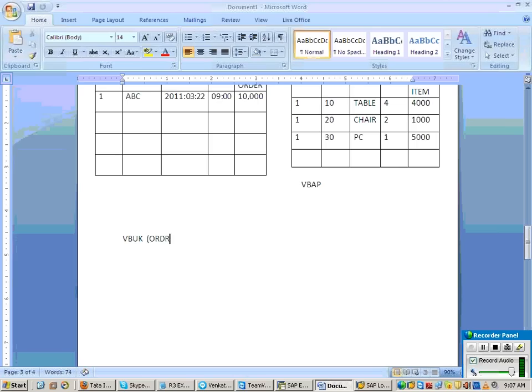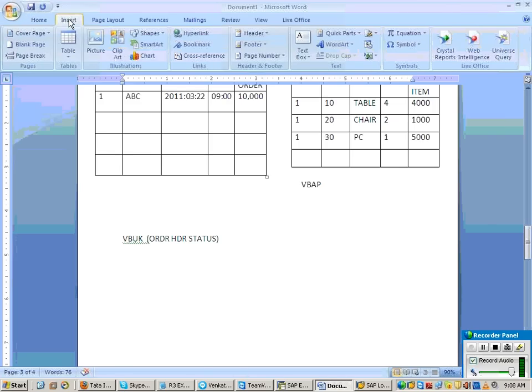So this table consists of the sales order header status. Status means whether it is delivered or not, whether the order has been billed or not. That information you can get from which ready-made table?